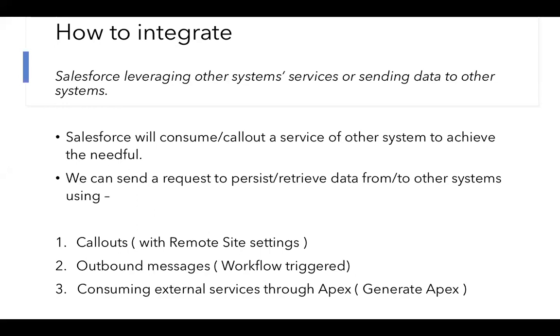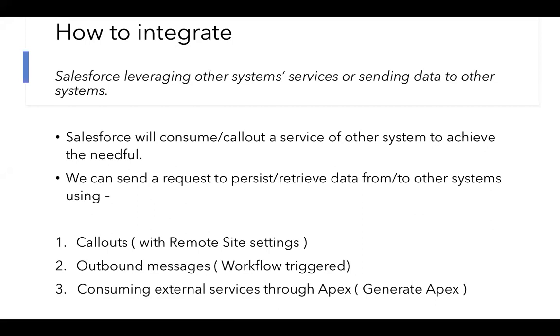Through which you can actually get the other service replicated in your system. I would say replicated is a little strong a word here, but you're actually getting, like I said, the other system, the other person who has the ability to create those invoices. It's also a method, right? That's also a piece of code, maybe written in a different language or a different system. It's not Apex, but we have an option in Salesforce called Generate Apex, with some limitations, of course, by which we can get the other method into our Apex